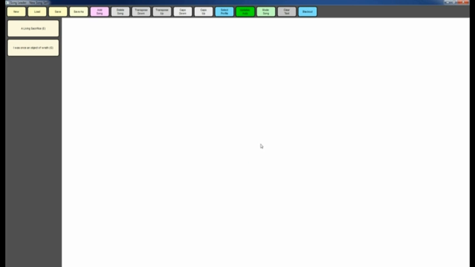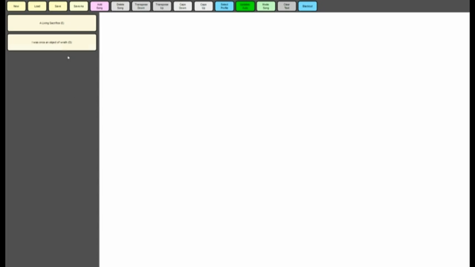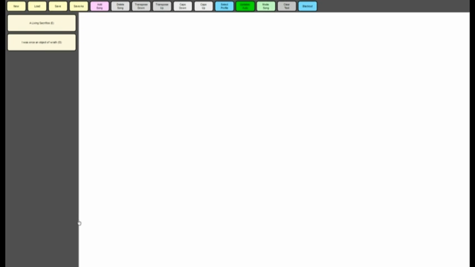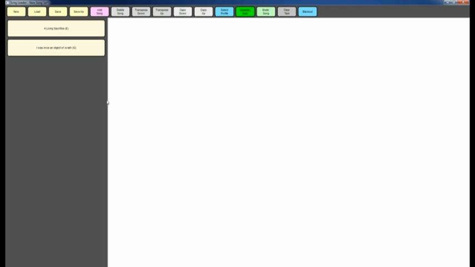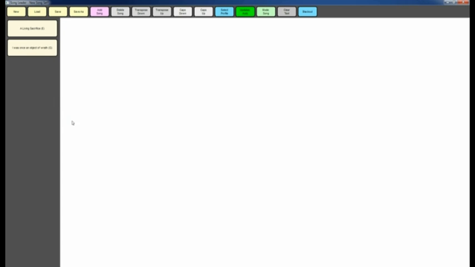Now quite often when you're using this you actually want to be able to have this fill the entire screen. So if we double click somewhere on the song area, what you'll see is that the window changes, loses all the windows bits at the side, so that all we've got is the text on the screen that we want. Double clicking again will bring you back to a normal window. So you can see that this is quite a powerful tool,